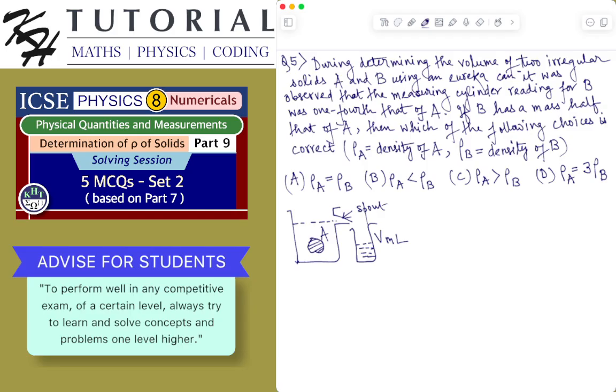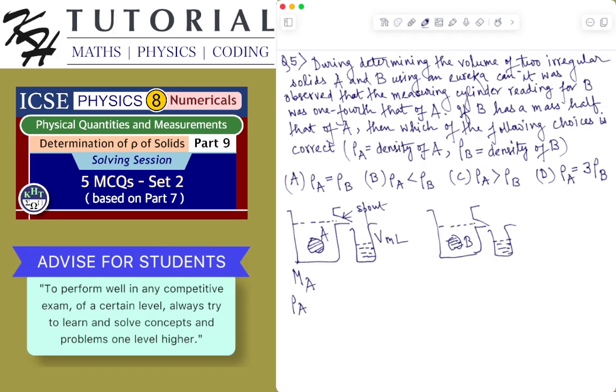Let's say the mass of the body A is capital MA, and also the density of the body A is rho A. Now similarly, while determining the volume of body B, the reading of the measuring cylinder is given to be